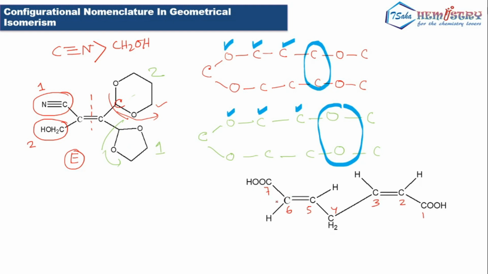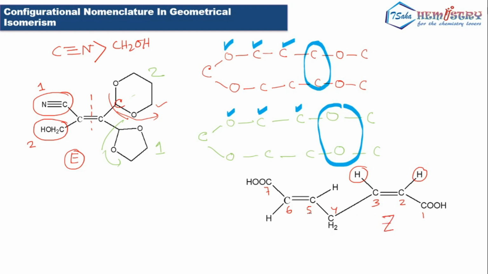Now in this given example you have a molecule. If you start numbering from the left-hand side, you have 1 on the COOH group, 2 on this carbon, 3 on this carbon, 4 on this carbon, 5, 6 and so on. At carbon number 2, the first position of the double bond, look very carefully: two hydrogen atoms are present on the same side across this double bond. So that configuration should be Z.